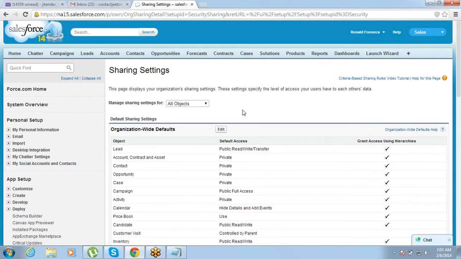Now let's take this example and talk further. Let's say we made opportunity private. Now all three of us just get to see our own records, the records that we own. We do not see other people's records. That's fine. But let's say for 1 month you are going on leave, and AJ will need to take care of your opportunities.